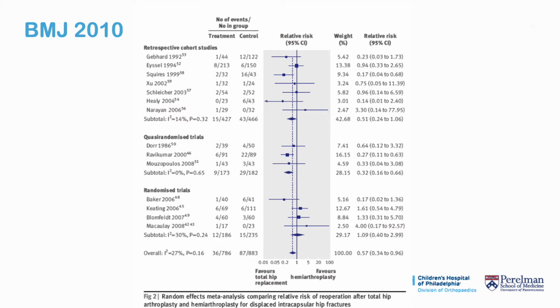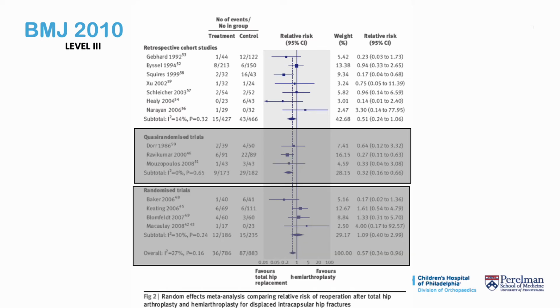In a forest plot, the effect is indicated by the boxes and the variability is indicated by the whiskers. The diamond at the bottom of each column is the average of the studies, with the outer ends of the diamond being the variability of that estimate. What these authors did is break up the results of the study by design. For level 3 studies, or case controls, you can clearly see that the overall result is to the left, and